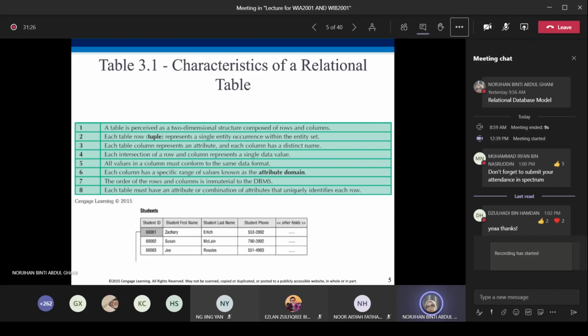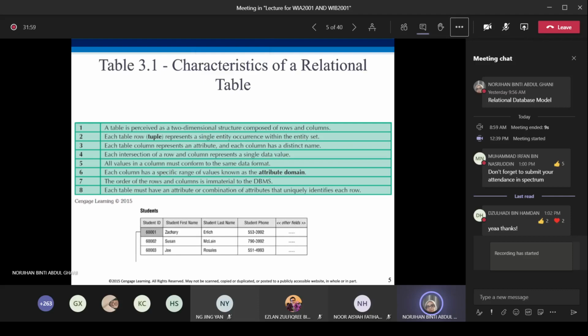Then, number 3, each table column represents an attribute, and each column has a distinct name. The first column is student ID. Student ID, first name, last name and phone number are considered attributes. So we have 4 attributes here.